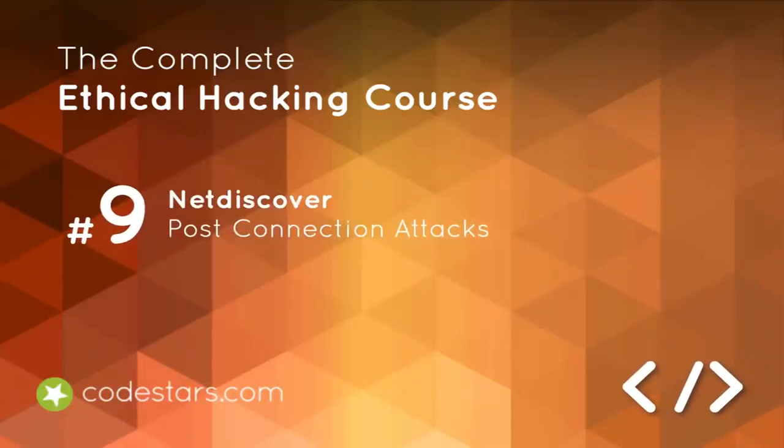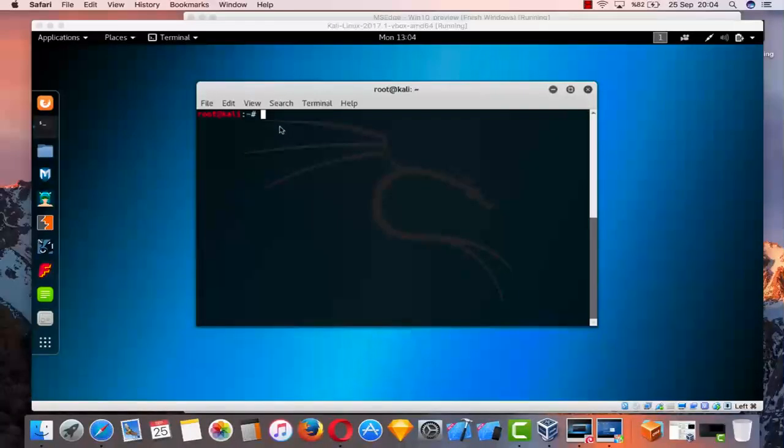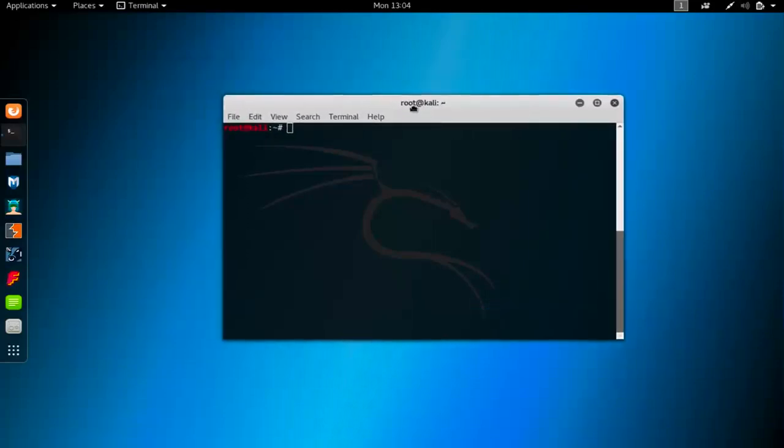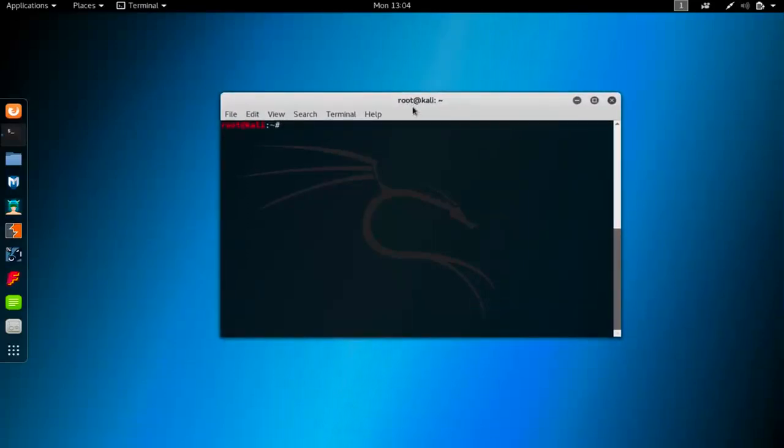Hi! Within this lecture, we're going to see how we can discover the devices that are connected to the same network as we are, and there is a very great tool in order to achieve this, okay? And it's called Netdiscover. Later on in the Python section, we're going to see how we can write this tool as well, so we can have our own Netdiscover tool. But for right now, I'm just going to use it. And in order to do that, you have to type